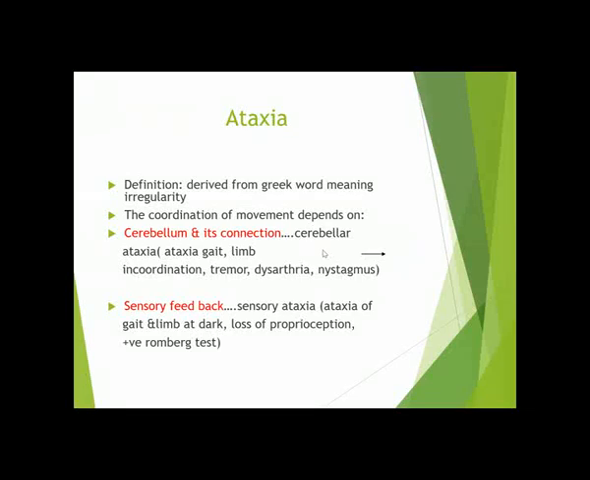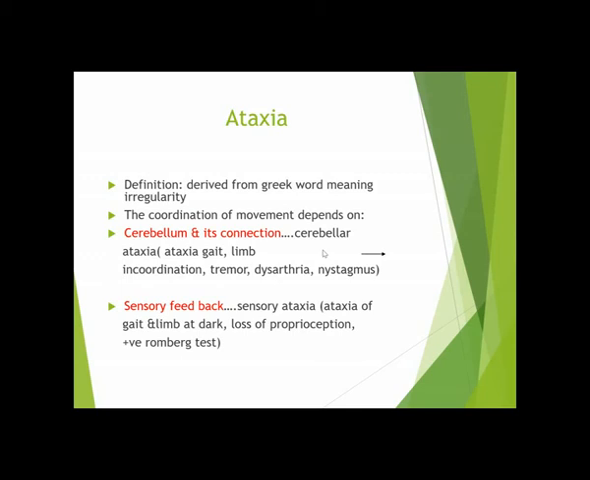Incoordination of the upper and lower limbs causes falls, and the patient has abnormal finger-nose and heel-shin testing, and they may have intention tremor. They can have dysarthria and nystagmus. The second pathway which causes ataxia, that is not cerebellar ataxia, that is sensory ataxia, and it is different from